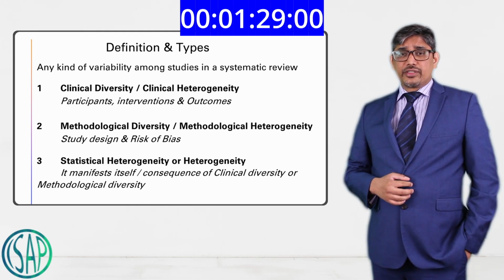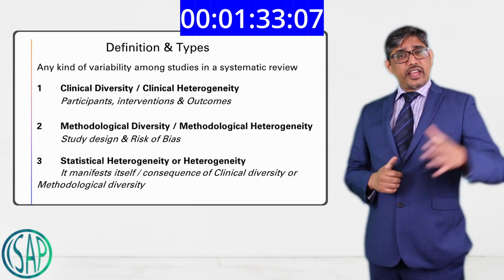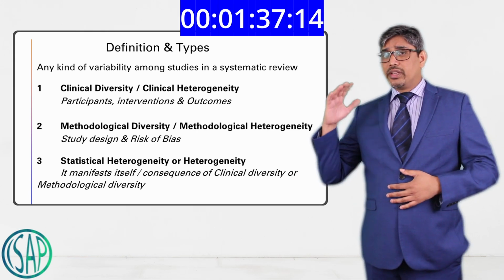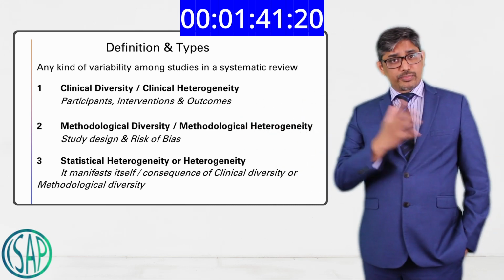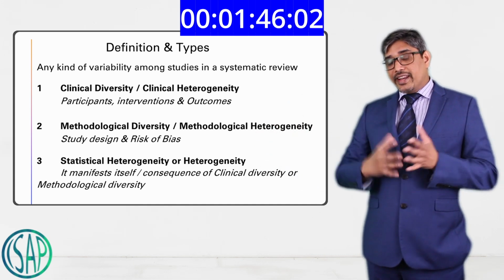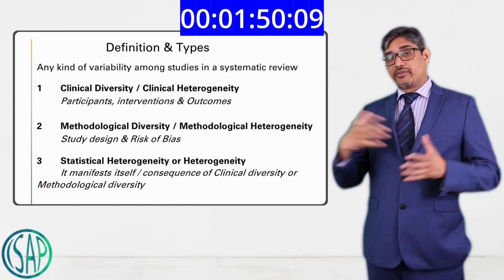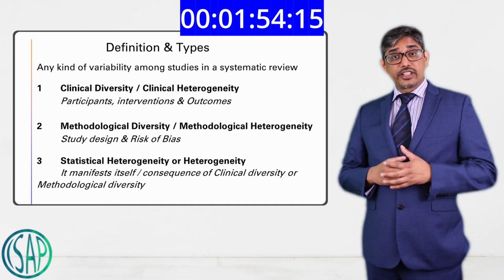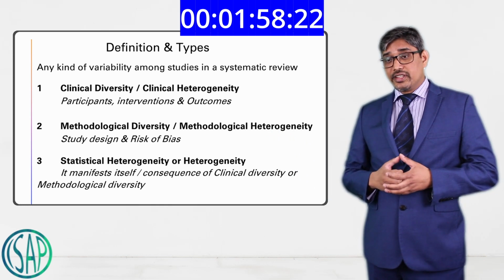Similarly, methodological heterogeneity is because of different designs of the study. For example, some studies will have design of randomized controlled trials. Some design could be prospective, some could be retrospective. If you pool up various designs like RCTs, prospectives and retrospectives together, the outcomes will be different because there exists a selection bias, there exists the attrition bias, there exists the performance bias, there exists other types of bias like even reporting bias. So that's why the methodological heterogeneity does exist when you pool up different types of study designs.